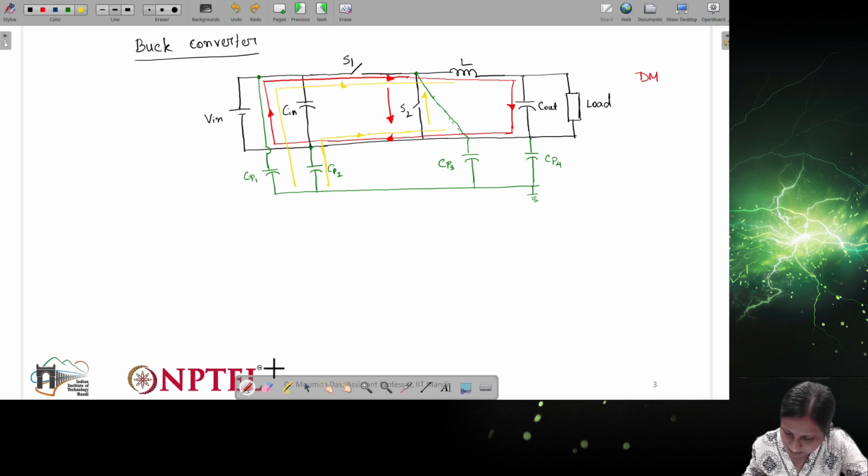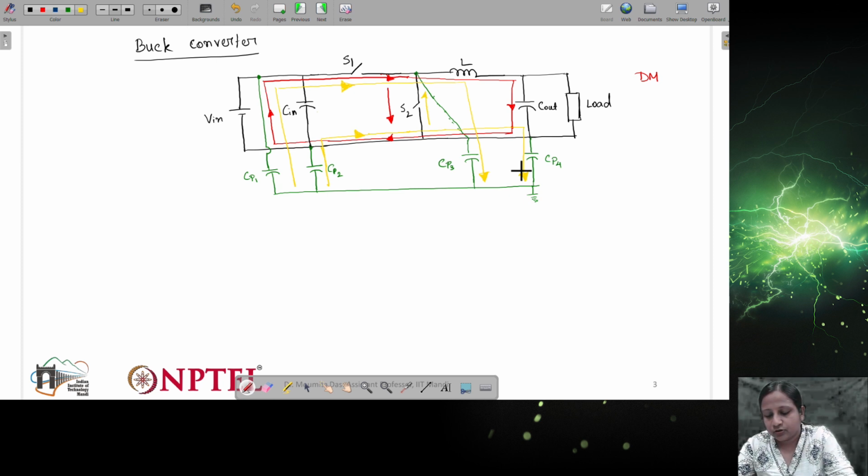This is the return path, and then the upper capacitor which is connected, this CP3, will provide a return path through this. So you can now check how these arrows are connected, right? This will provide the return path for different currents. So you can check here the positive and negative current of this